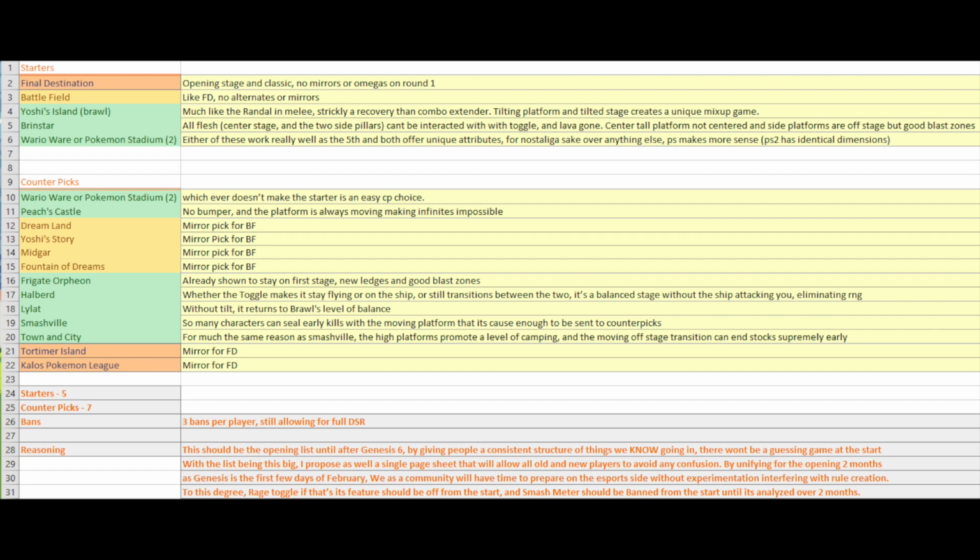Moving on, the last starter is actually a choice between 2 stages. Whichever one makes it into the starter, the other one will be moved into counterpick. The 2 that I've chosen are WarioWare and Pokemon Stadium, or Pokemon Stadium 2, because both of those, as I mentioned previously, are identical. WarioWare, while it does have slightly smaller blast zones on the right